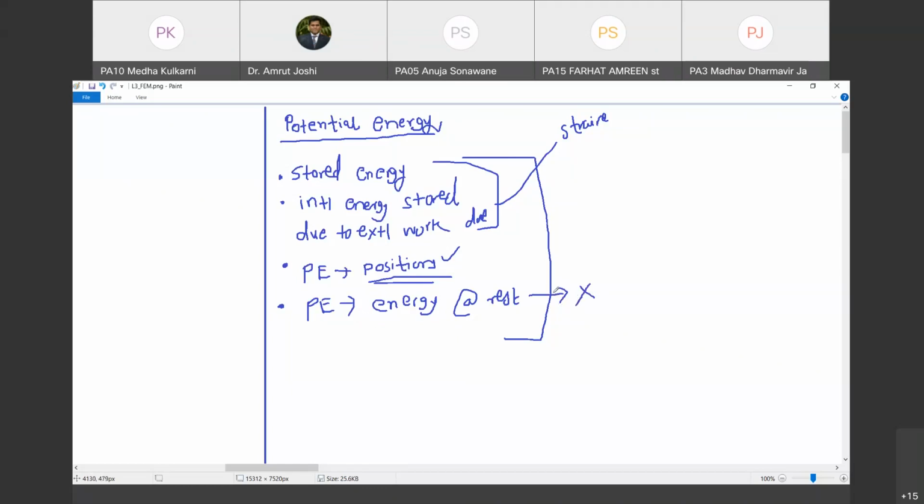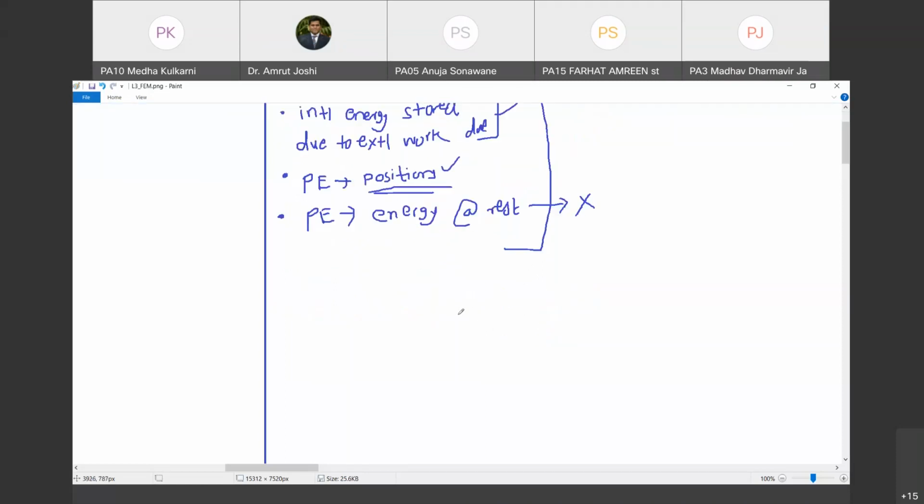So the closest answer to the actual definition of potential energy that has been tossed is that it is the energy associated with the body on account of its position with reference to a chosen datum. That's what we can say at the best based on these responses.